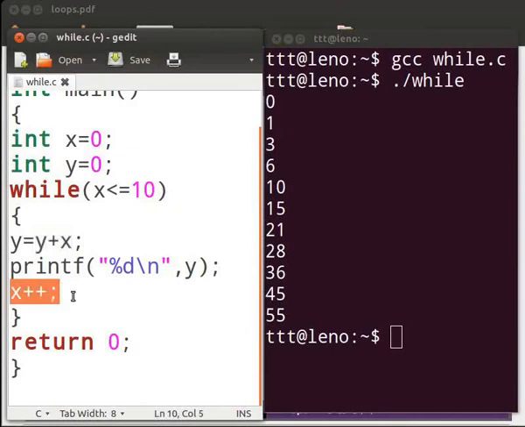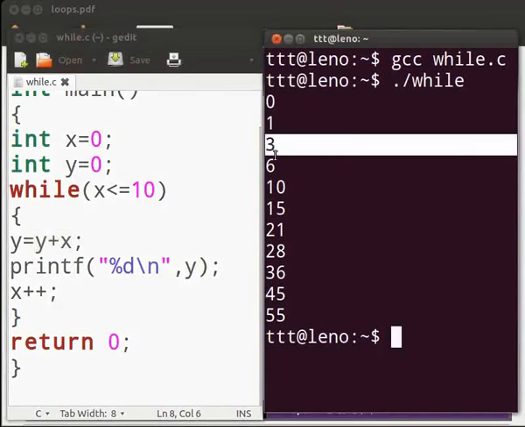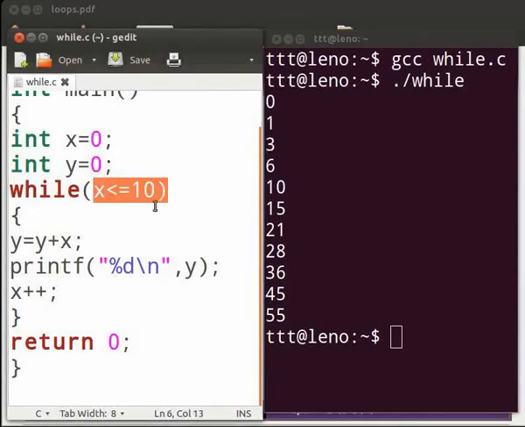Now the value of x is 2. We check the condition again. 2 is less than or equal to 10. If the condition is true, then we will add the values, that is 1 plus 2, which will give 3. We print the value as 3. Like this, it will go on up to x is less than or equal to 10.